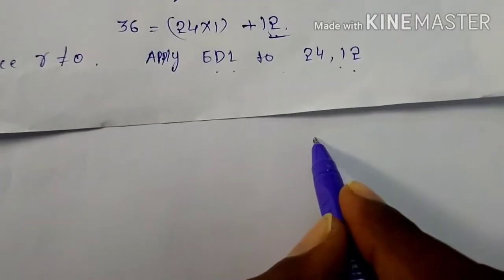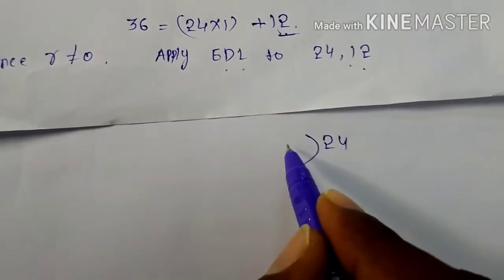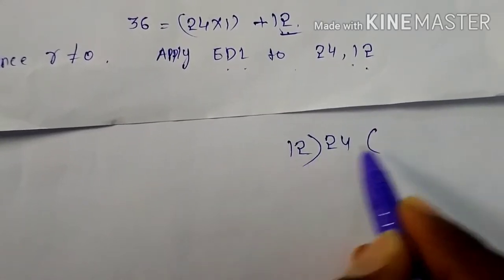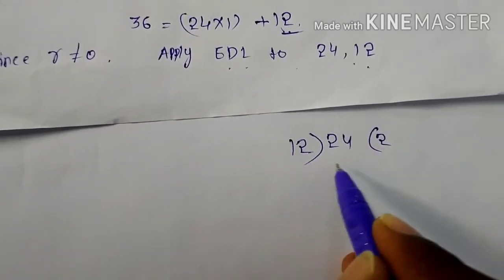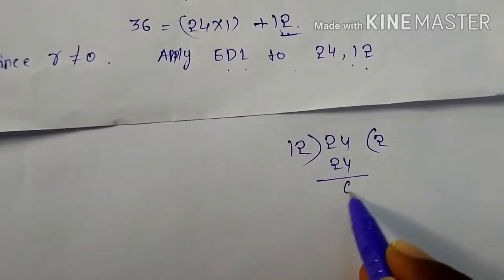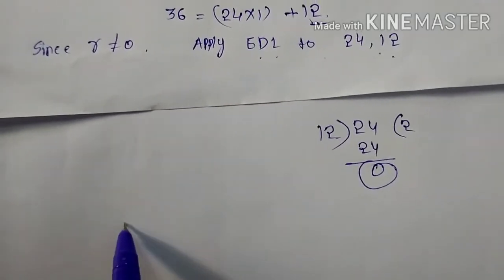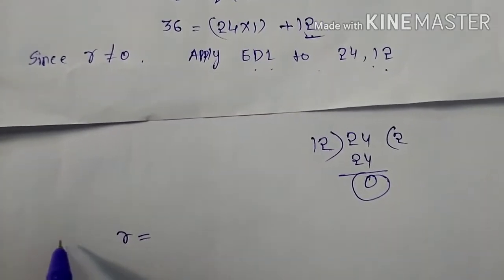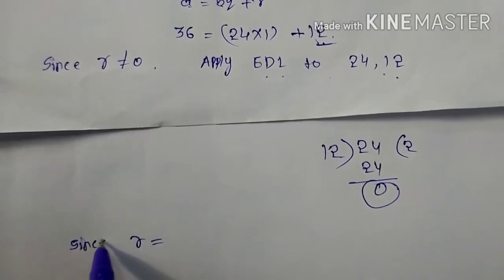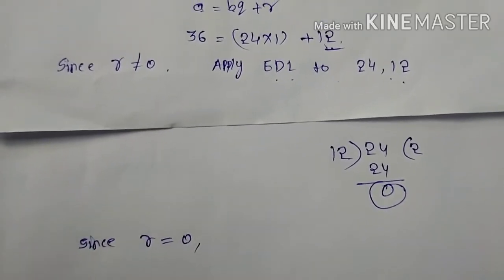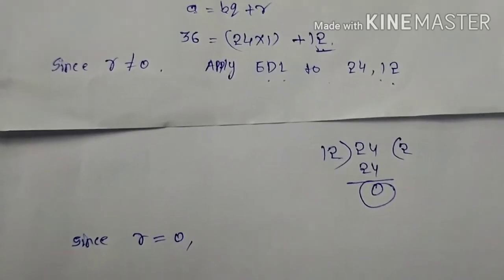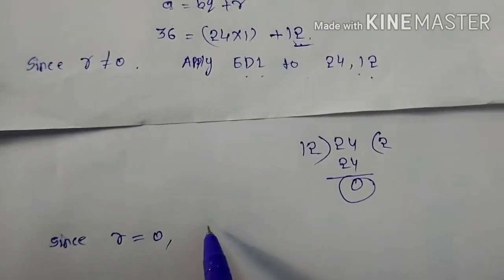How can you do it in the similar way? 24, 12 1 is 12, 12 2 is 24. That means here how much is the remainder? 0. Now you can see, since remainder is equal to 0, so that, see, HCF